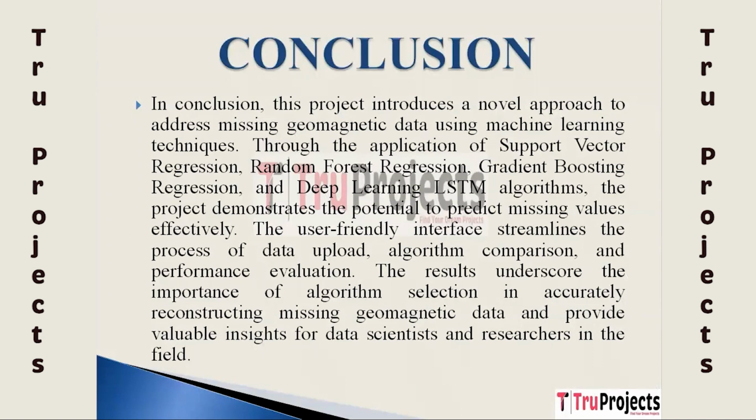this project introduces a new method for predicting missing geomagnetic data using machine learning techniques. It uses support vector regression, random forest regression, gradient boosting regression and deep learning LSTM algorithms. The interface simplifies data upload, algorithm comparison and performance evaluation. The results highlight the importance of algorithm selection in accurately reconstructing missing geomagnetic data, providing valuable insights for data scientists